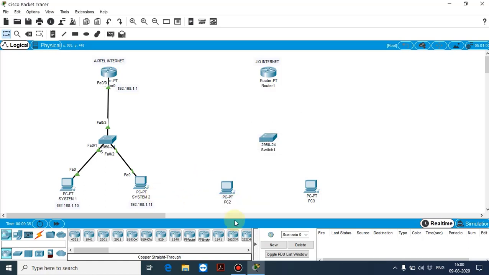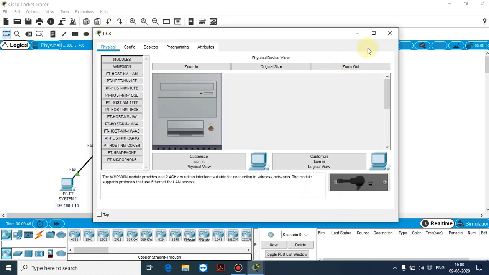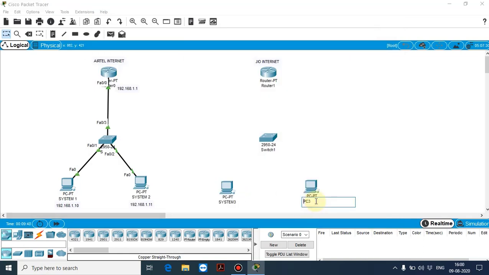Already system 1 is there, so it can't accept. So let us assign system 3, system 4. Now to connect these two PCs, what should we do?